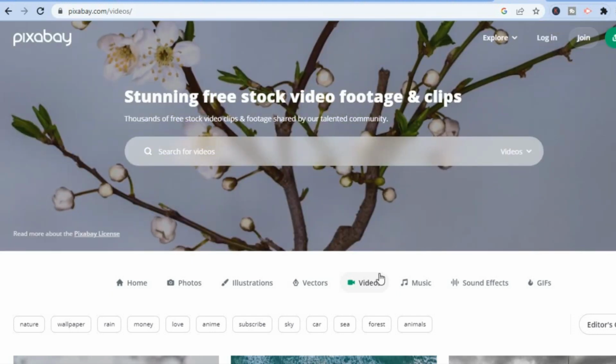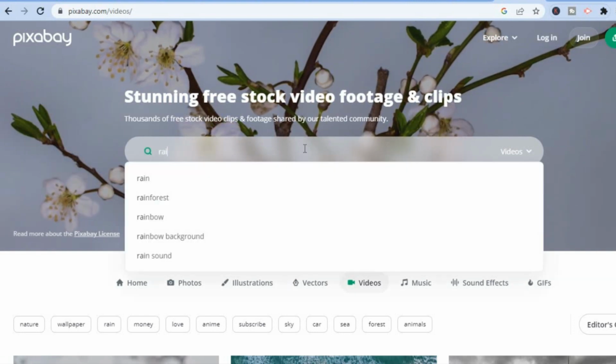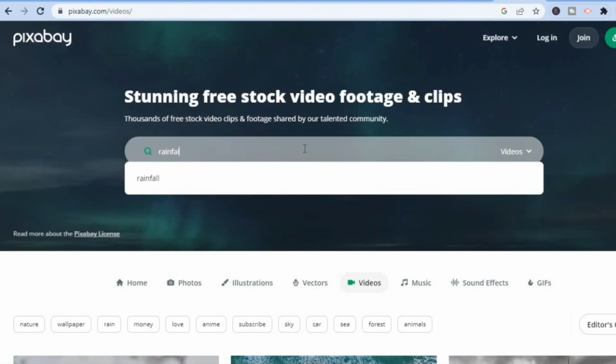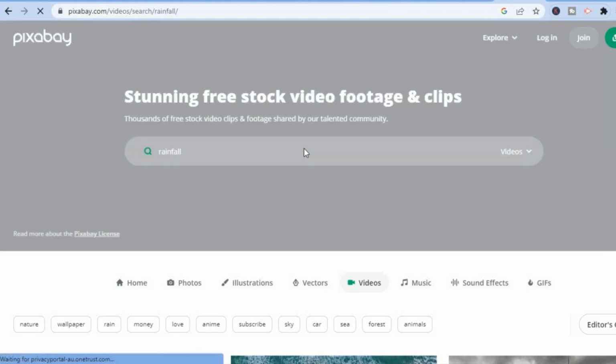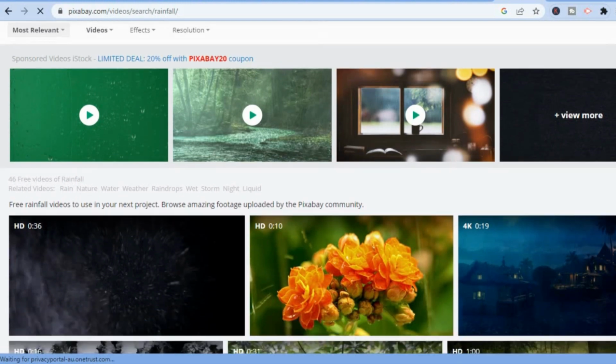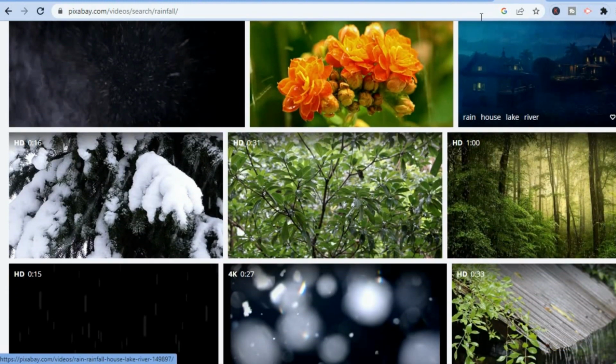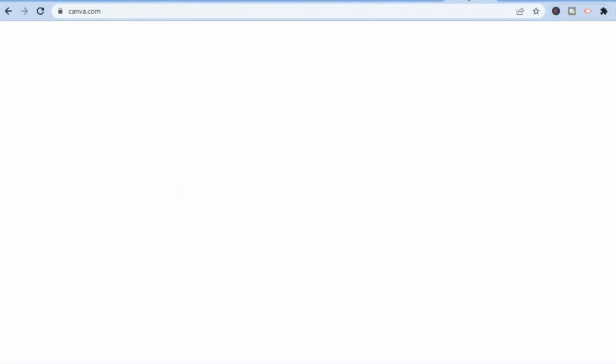You'll simply type in videos. Then for example, I could type in rainfall. And by the way, the videos that you are getting right here are copyright free, so you don't have to worry about getting a copyright strike or anything like that. So you'd simply download the videos, then you'll convert them on Canva, and you'd upload it on TikTok, and that's